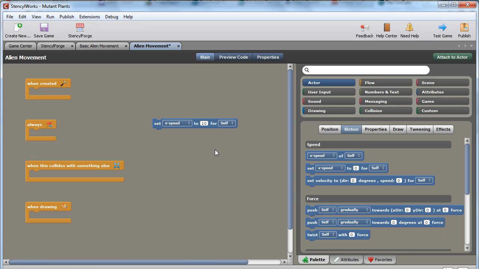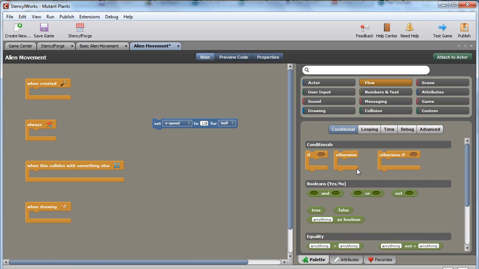Now, in order to get it to detect when it's reached the right hand side of the screen, we're going to need to give it some more programming. We're going to need this construction, an if construction. And what we're going to have to say is if the right hand side of the screen is detected by the actor or by the program, then we're going to go in the opposite direction. So